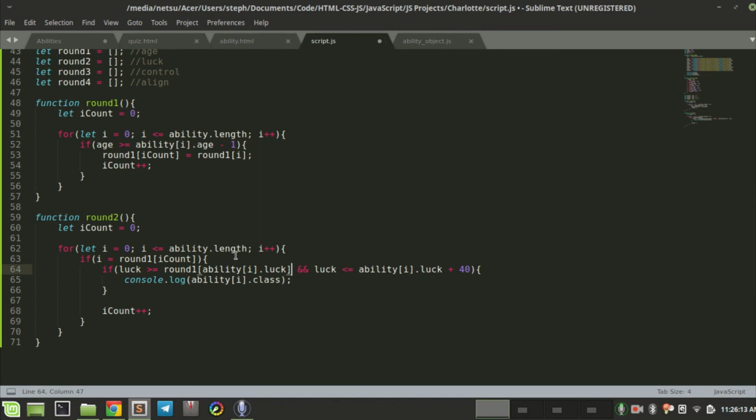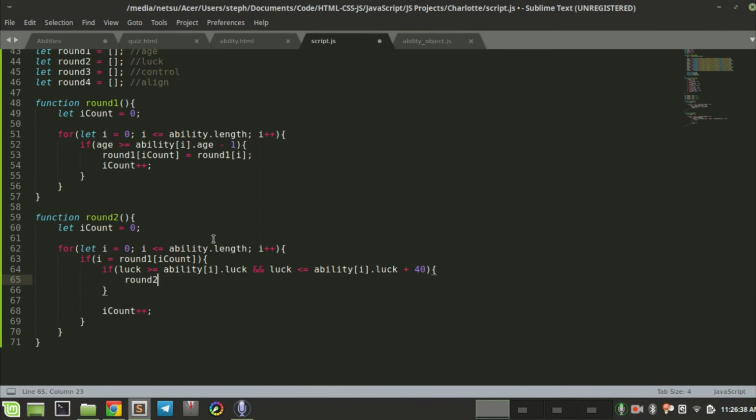So if I is equal to round 1, and if it's that one, then it will check if luck is equal to, and it should be ability at I, yeah, that's still fine, more or equal to that, and then yeah, then it will